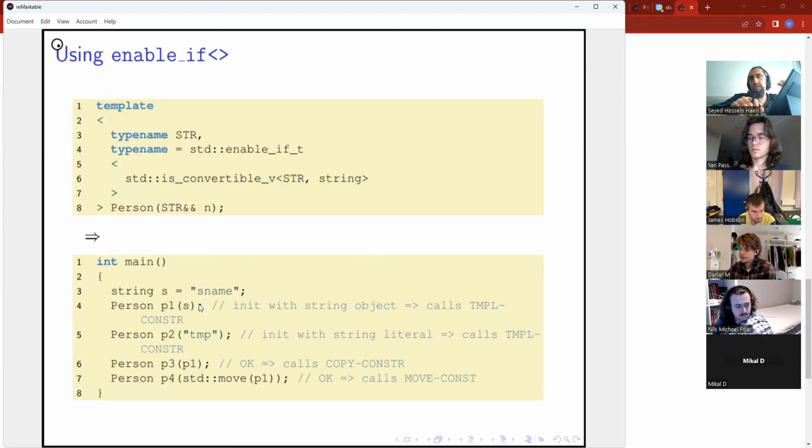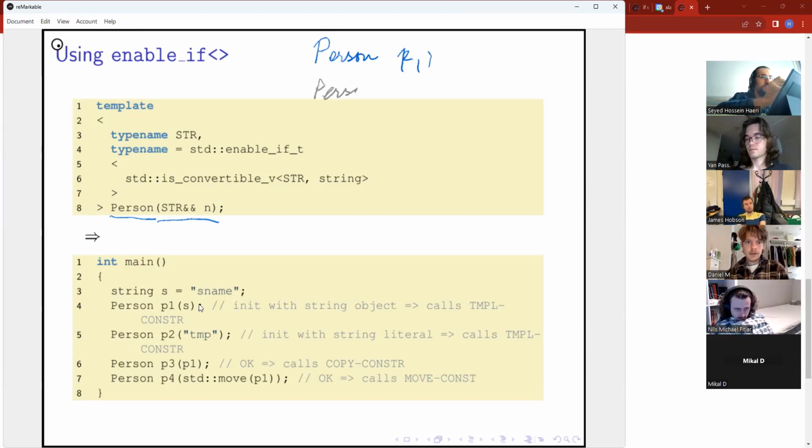Now, why do we need to learn about enable_if? You remember that we had a class Person that had a template constructor, move semantics, right? That template constructor that we wanted to avoid calling when I have a non-const instance that I want to copy from.